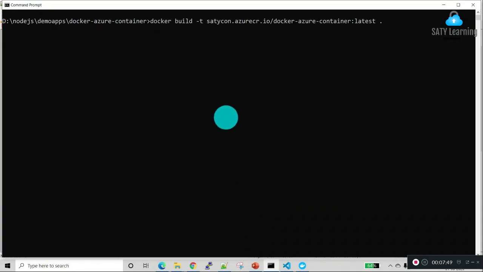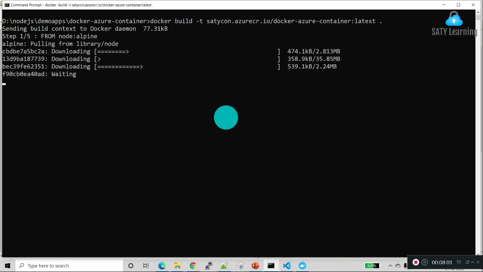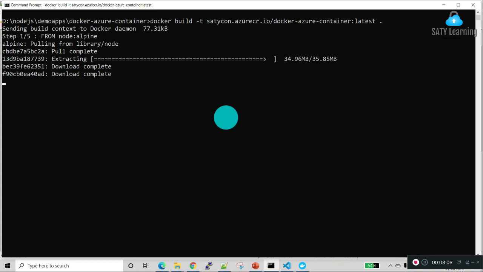It's installing Alpine in the Docker container. It's downloading, extracting and installing.